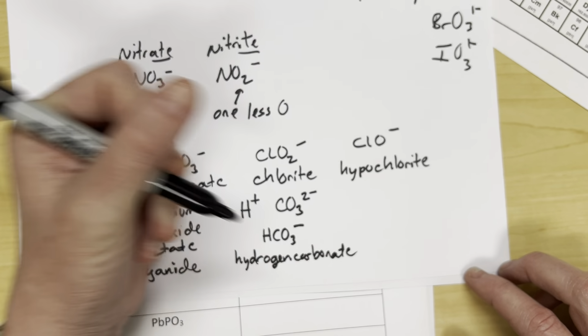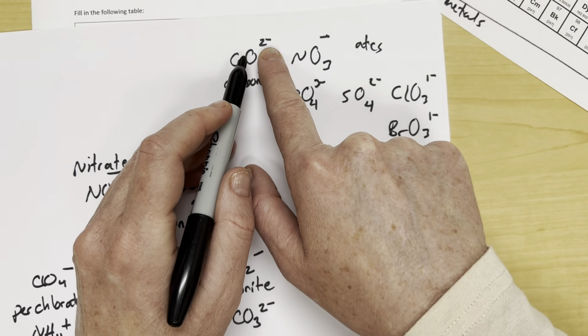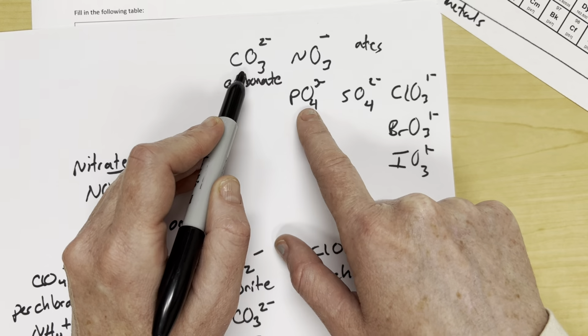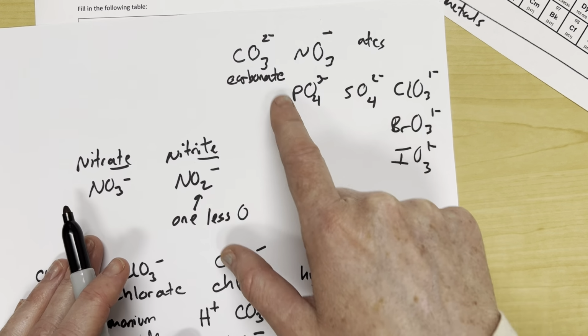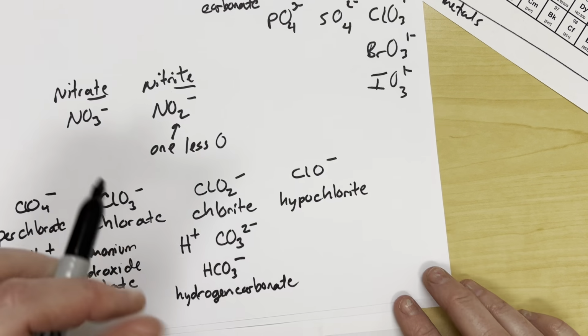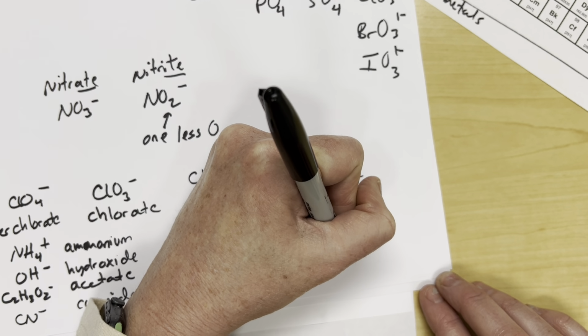You can do the same thing for anything that has a 2 negative charge or above. So carbonate, phosphate, sulfate. You can do it for any of those. You can make a hydrogen sulfate or a hydrogen phosphate. For example, if I wanted you to do hydrogen phosphate,